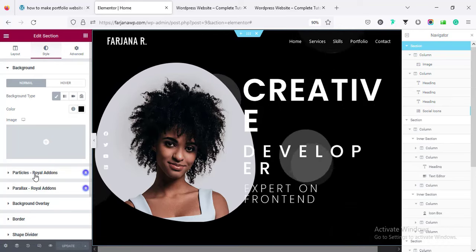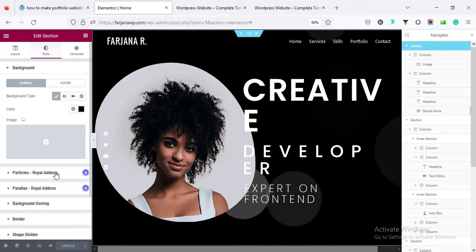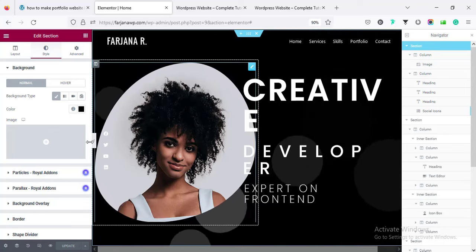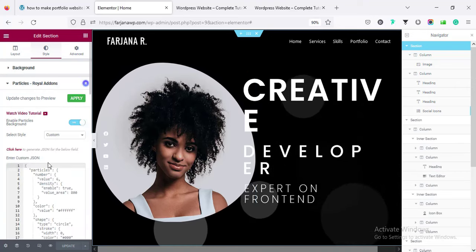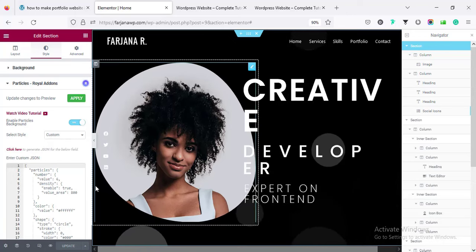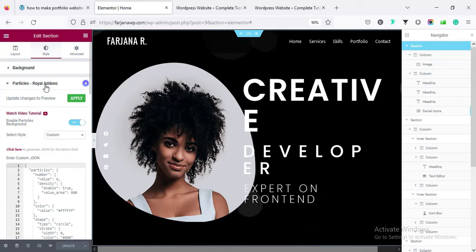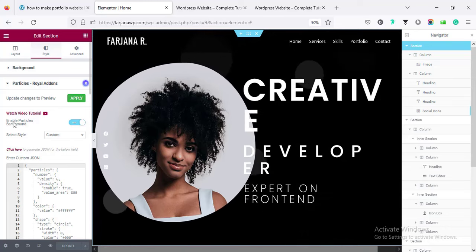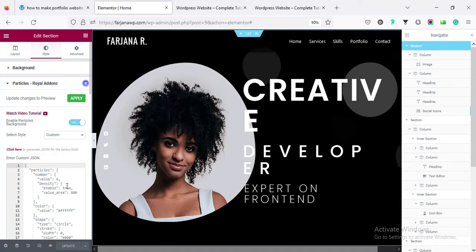This is coming from the Royal Add-ons plugin, and only for this purpose I used this specific plugin. So we can add this kind of particle effect with this plugin. And if you don't need this kind of effect, then we don't need to install the Royal Add-ons plugin. Alright, now we have to enable the particle effect or particle background from here,